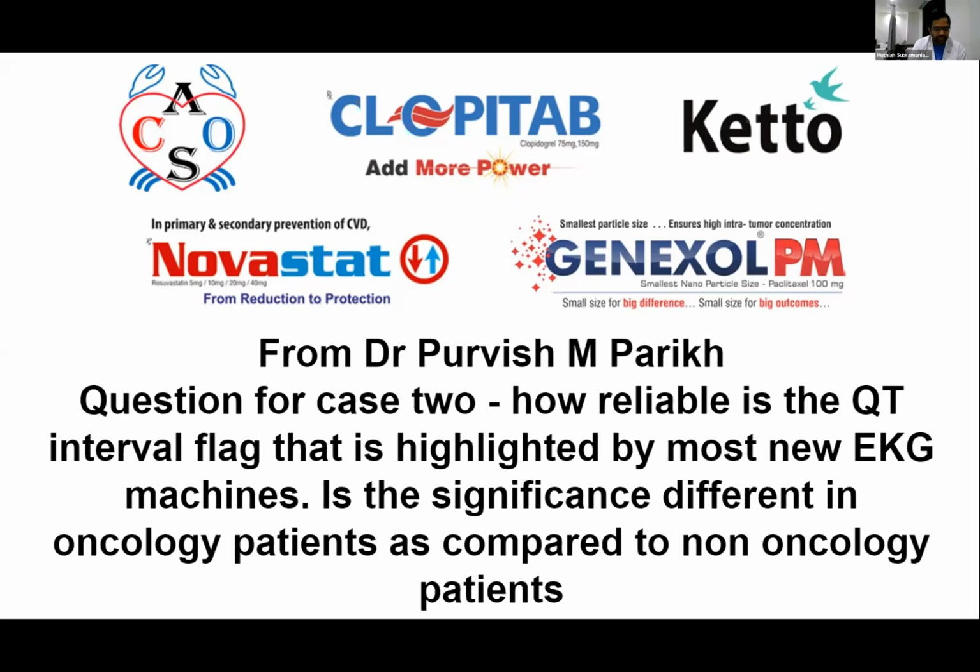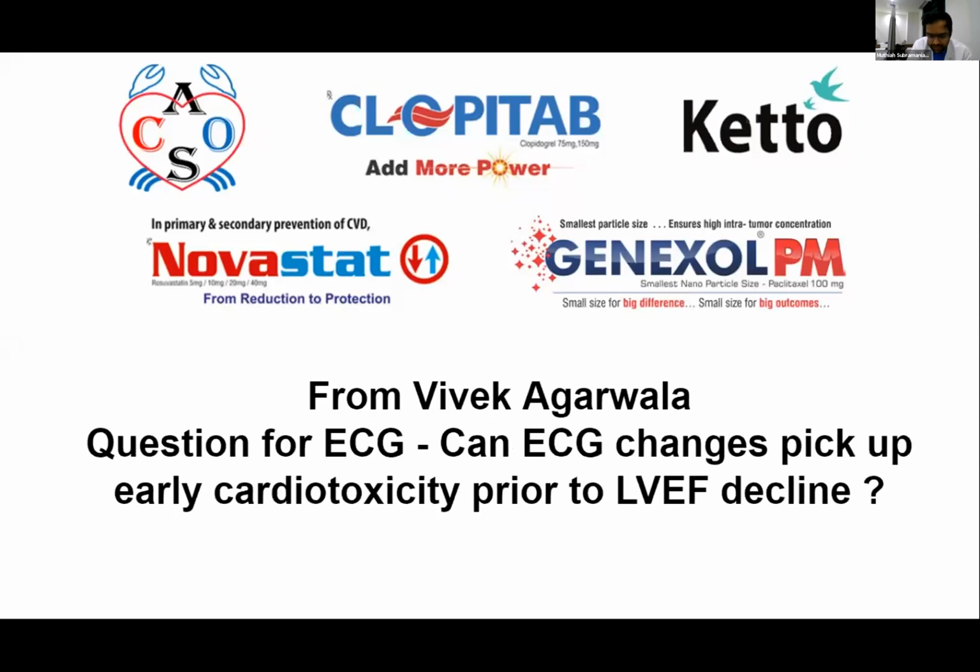So the ECG machine, I would say usually is right. But the problem is sometimes these machines use an automated assessment, and the way they measure it is they measure till the end of the T wave. So if your T wave is too flat, or too small, or the QRS is too small, then it's probably not a good idea to go by the measurement. If it is more than 400, then I would start manually measuring the QT to make sure it's normal. And in terms of which patient it matters, it's important to have a previous ECG of the patient when you're looking at the QT, just to make sure there is no abrupt change in the QT.